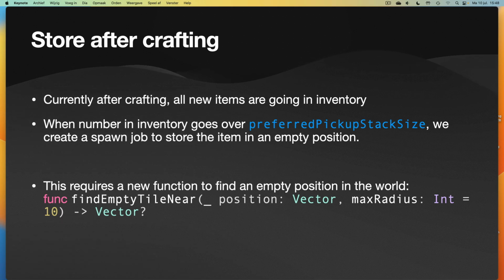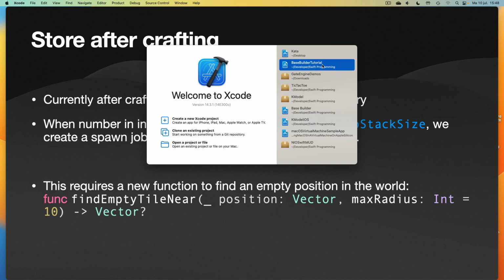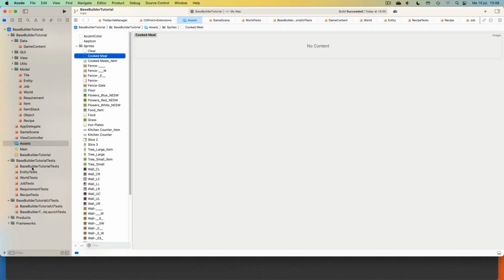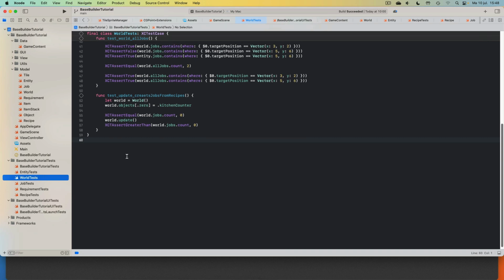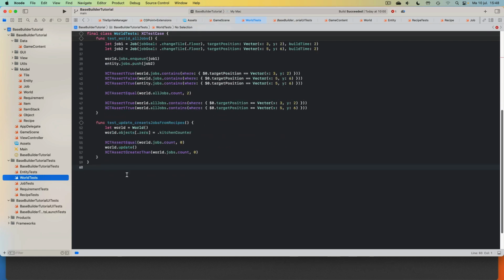So let's get started. We start Xcode and we open our project, and we need a new test, a new world test, and these will be for finding empty tiles near somewhere. So let's create a marker,